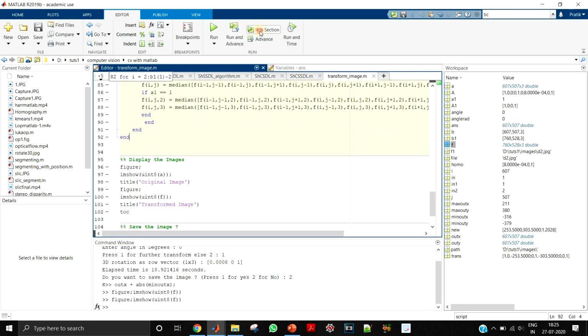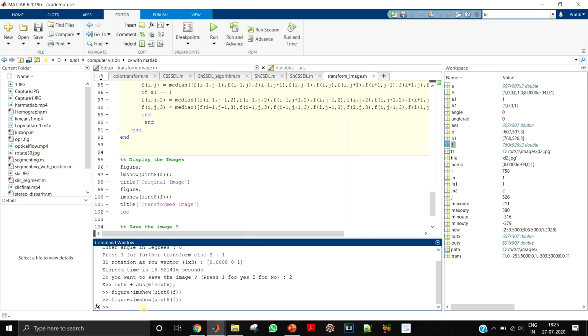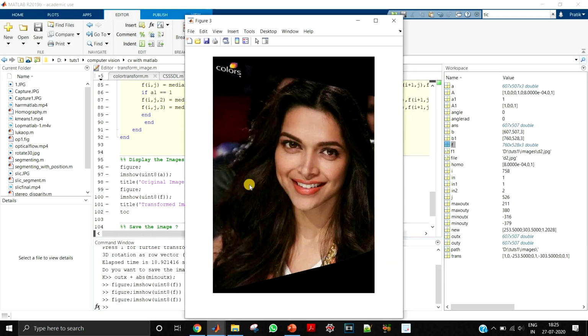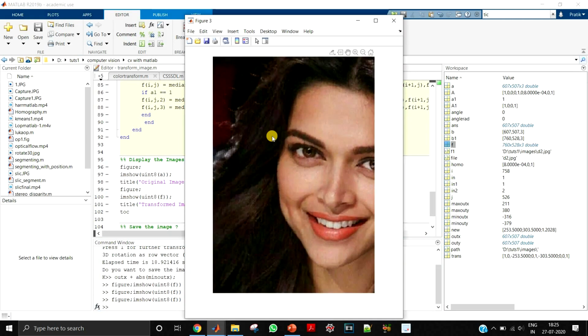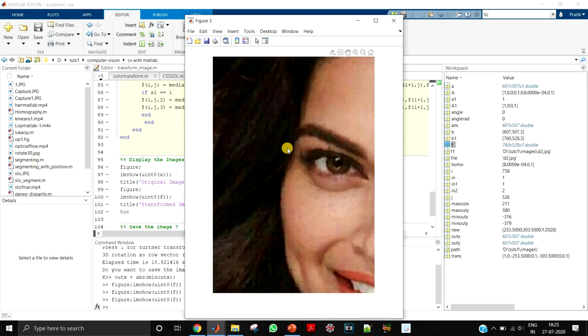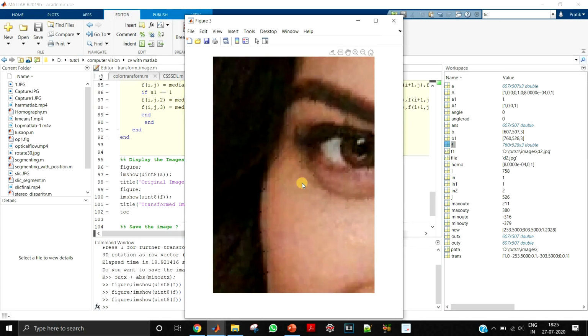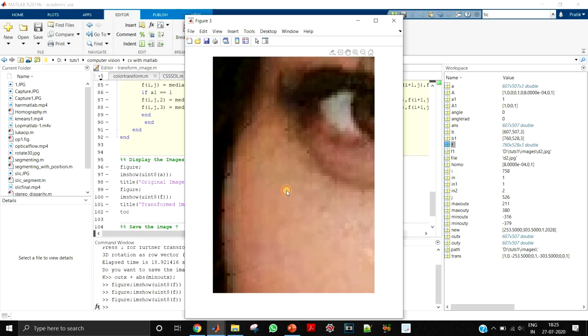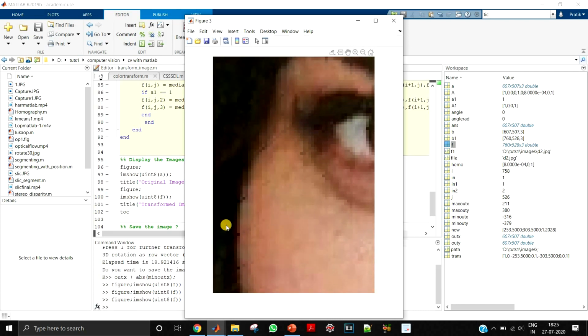So if I run this section, and now if I show you the f, you can see that those lines that we saw earlier are now gone. But you can see some problems of the median filter. So if I zoom the image very much, you will see that there are these lines that are seen over here.